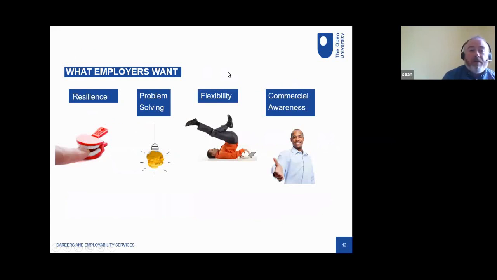When we do talk to employers, some of the key skills that they're looking for are resilience, somebody with problem solving ability, people that are flexible, and people who have a wee bit of commercial awareness, a wee bit of know-how about how businesses work. And as you can see, those types of skills